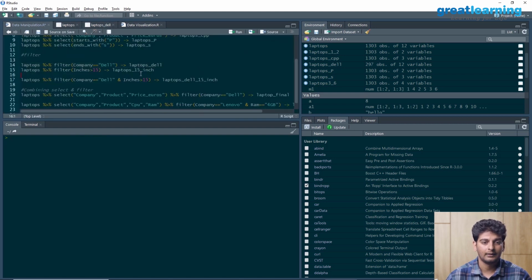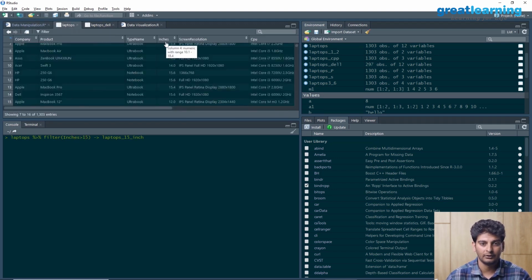Now similarly, let's go ahead and give another condition. So this time from all of the laptops, I'd want to select only those laptops where the size of the laptop is greater than 15 inches. So this is the command for it. I'll give in the name of the laptop, then I'll give in the pipe operator, and then I'll join this data frame with this filter function with the help of the pipe operator. And inside the filter function, I'll give in the condition, which is basically the inches needs to be greater than 15. So inches is basically this particular column over here, right? So inches needs to be greater than 15, and I'm storing it in laptops 15 inch